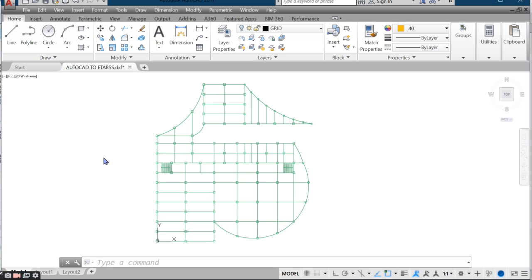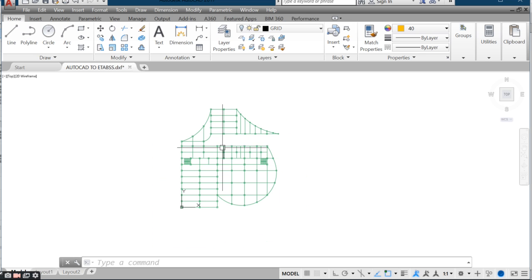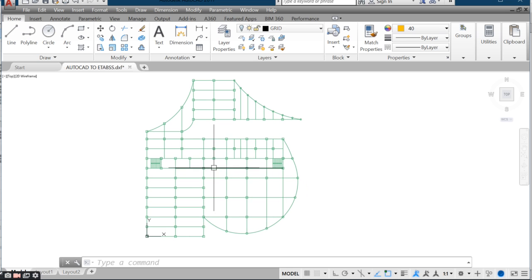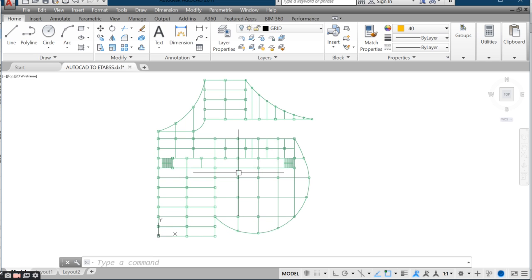So today we will design a building in the Etabs, so that will be a zero to hero course. You can see the AutoCAD plan. I will import it in the Etabs, then I will do the analysis, modeling, and the designing part. So you will see from one point to the last point how to do modeling, how to do analysis, and how to do the designing in the Etabs. So keep watching and